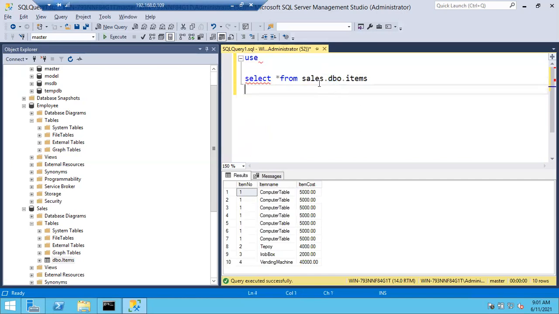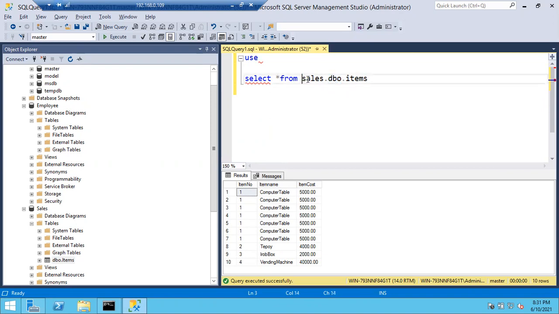So if you see three parts, always the first part will be the database name, the second part will be the schema name, and the final part will be the table name. Clear? In my case, most of the companies will follow the DBO schema only. In some projects, you can see other default schema names also. So don't worry if you see a different schema name here, nothing to worry.